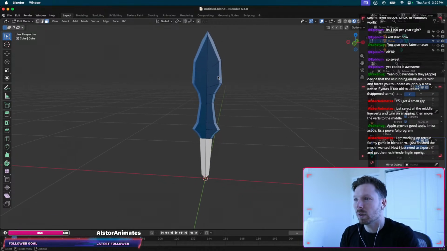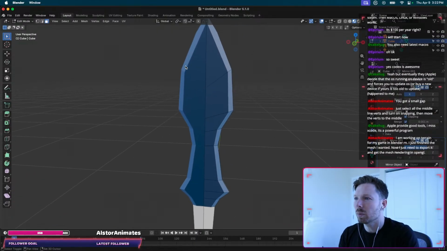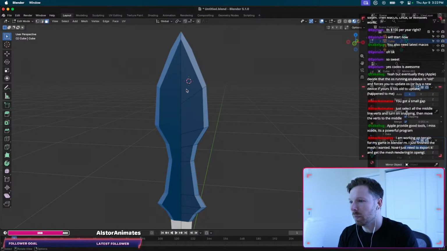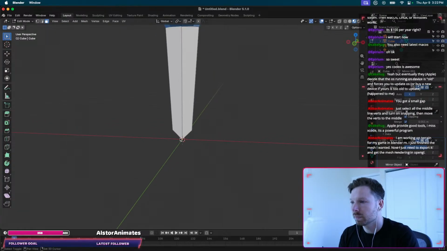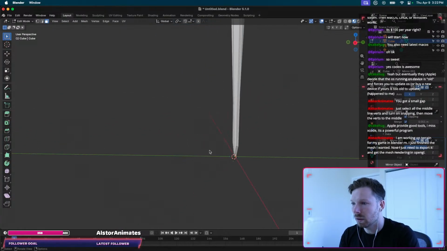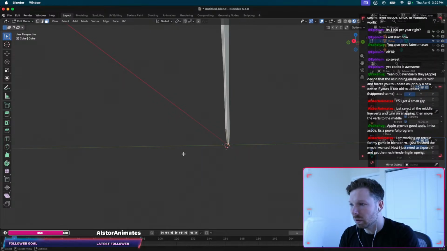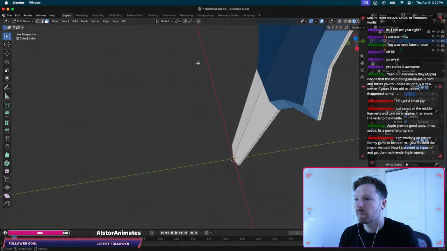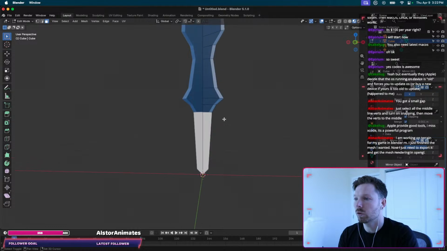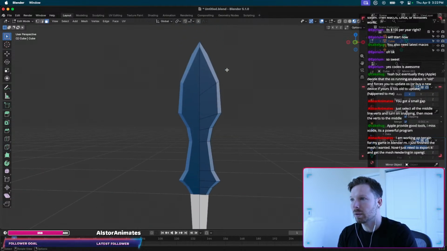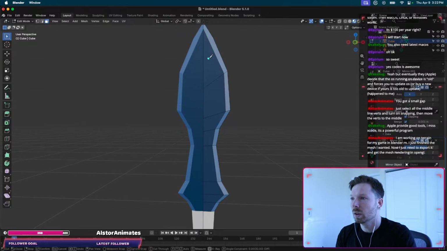You know, the cool thing now here is that we have a blade. With the knife tool, we can do whatever we want, and that's so cool. Obviously, it will be mirrored. Whoops, that was not my intention. What did I do? 3D cursor back down here. Is it back in the center? I'm not sure. I wonder if there's a way to put this 3D cursor just back onto the origin. Sorry, I was about to say that we can use the knife tool to just do, I don't know, like